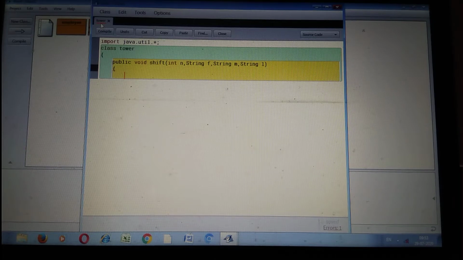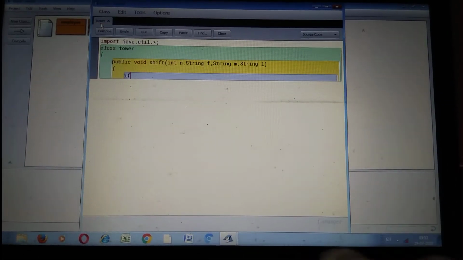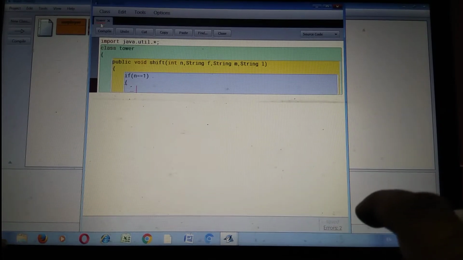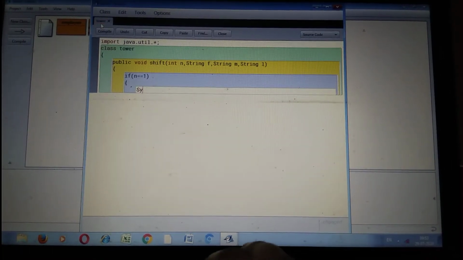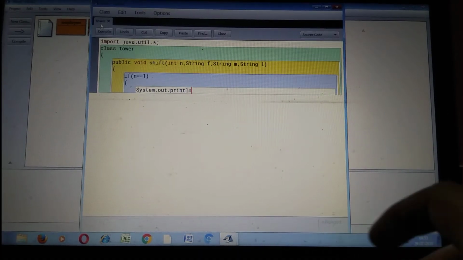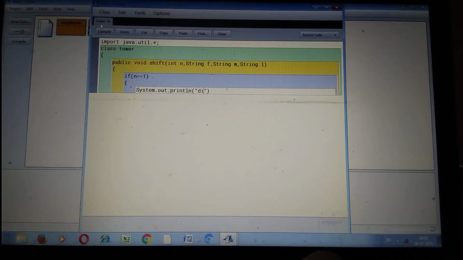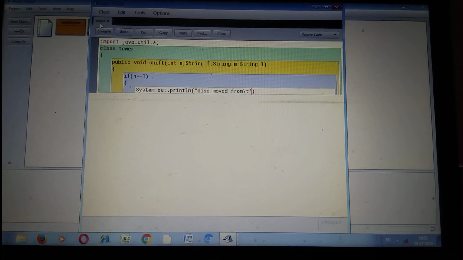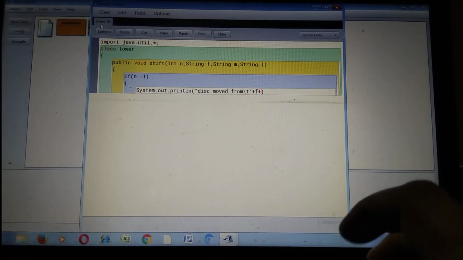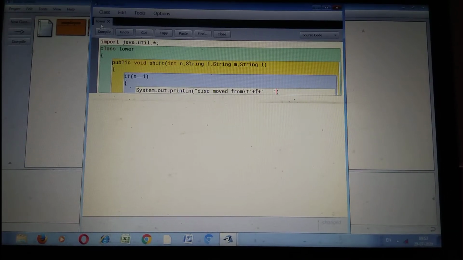If your n value, meaning the number of disks, is equal to 1, then it will print System.out.println message: disk moved from, then we use a tab, first to last, plus f, then plus a space, plus l.